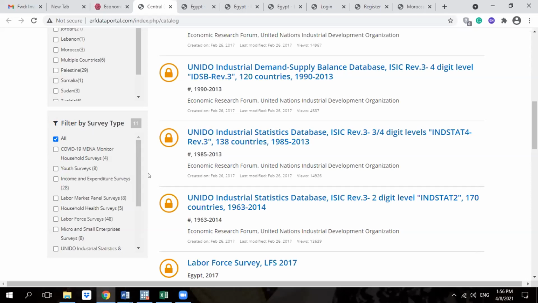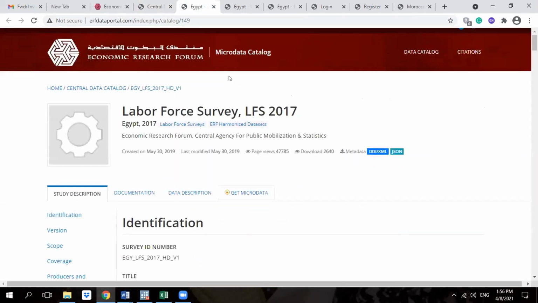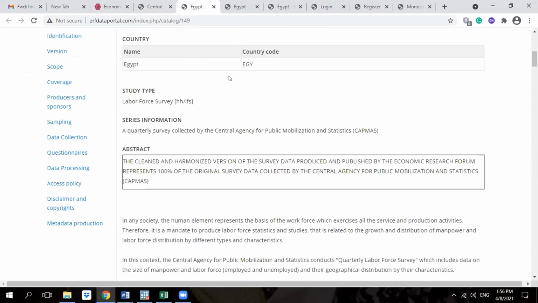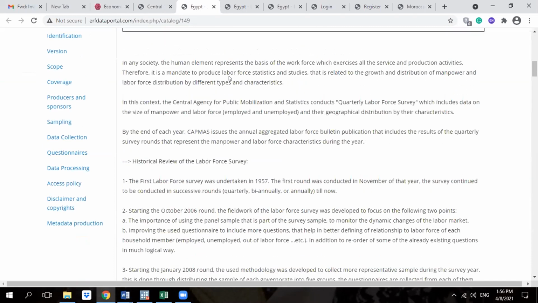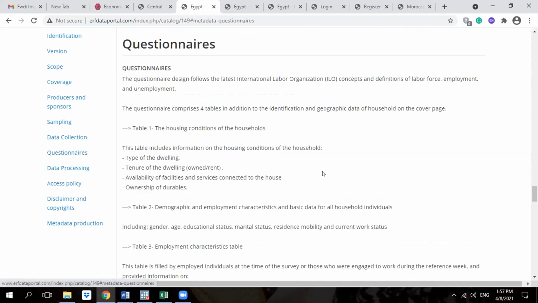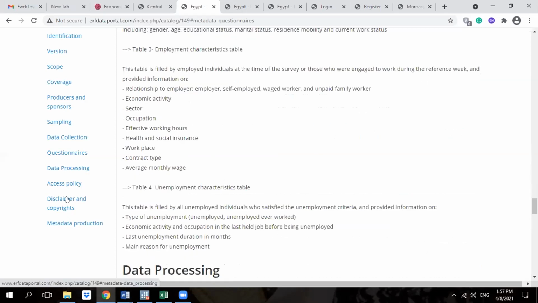So if you are interested, for example, in the labor force survey Egypt 2017, you can click on it, and you can find all the information on this data set: title, country, about it in general, the history of the survey, sampling, the data collection, also the questionnaire, the modules of the questionnaire, data processing, and the citation.